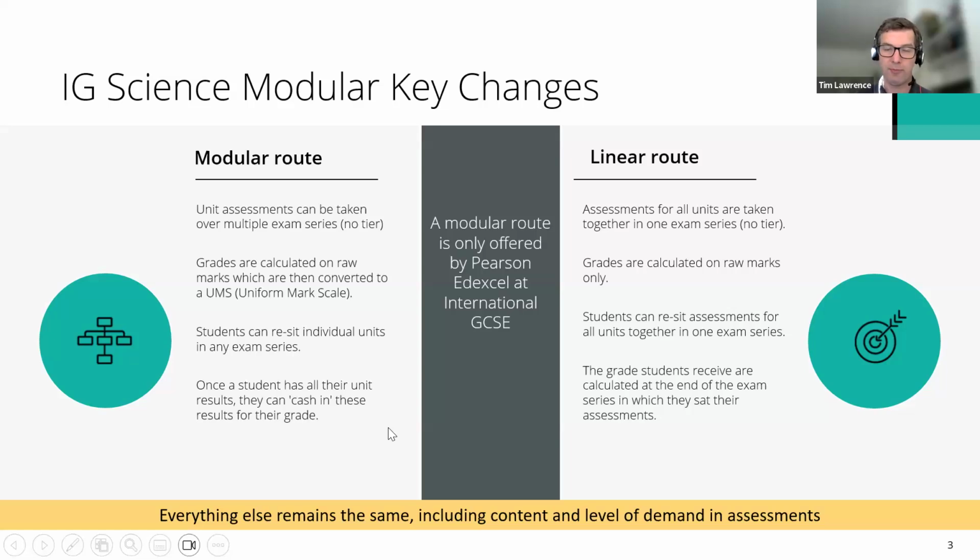Content, all of the specification points that you need to cover, the level of demand, the style of the questions is not changing. It's really just the organization of the topics to make them fit into units that's the change to the specification. I'll just pause for a second there and I'll have a very quick look at the chat,